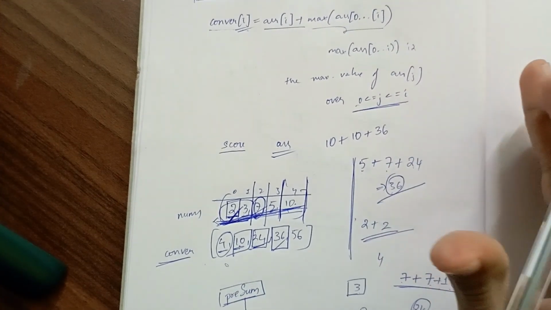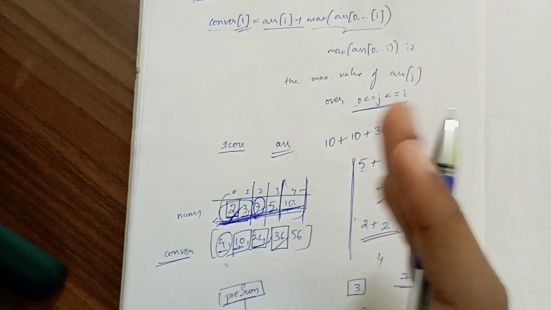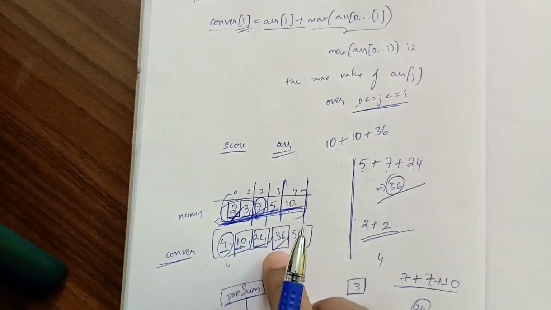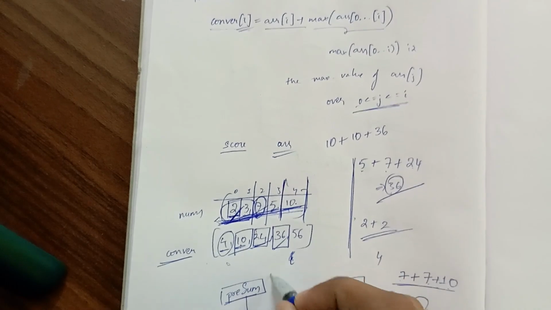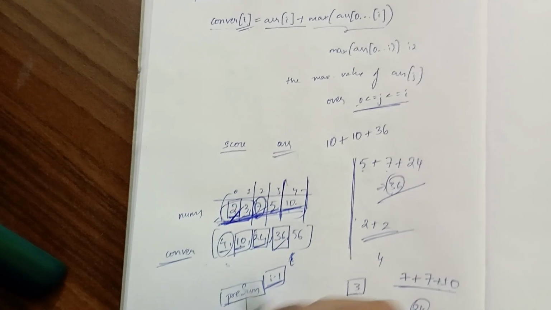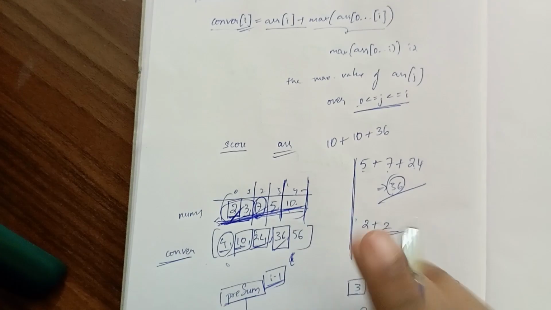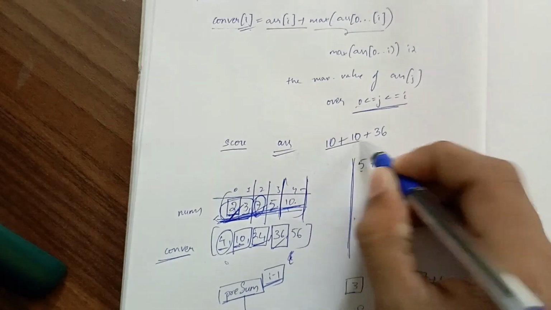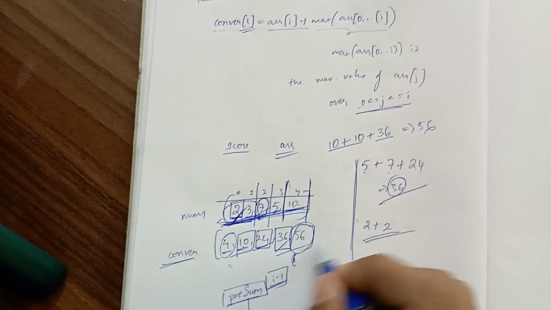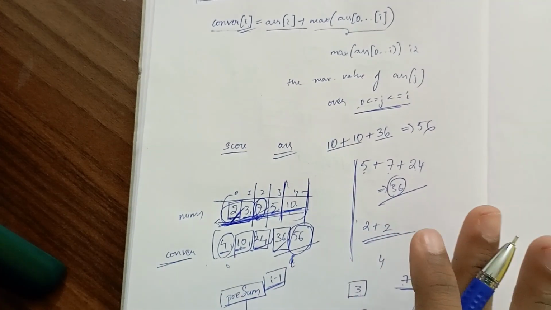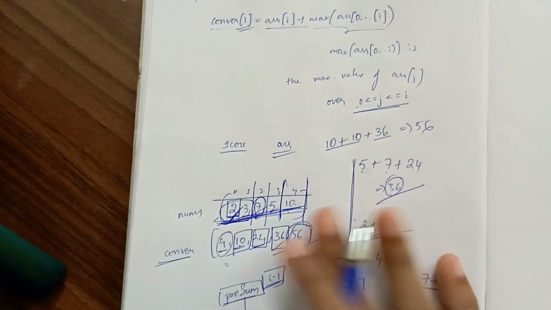If you want to know the prefixSum, you can also refer to the previous convert of I. If it is I, you need to consider I minus 1 as the prefixSum up to now, and then 20 plus 36 will be 56. We will be pushing back to the convert of I. It is how we do that, but we need to